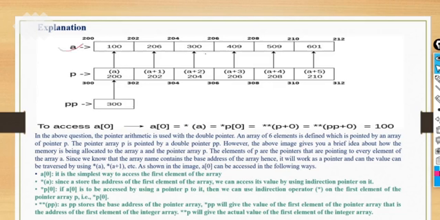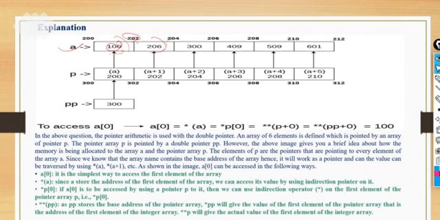So a consists of 6 values. The address we have taken is 200 for this particular location, then index value 202. Why have we taken 200, 202, 204? Because an integer has 2 bytes of memory location. For this slot, 2 bytes of memory, then plus 2 for the next slot, 2 bytes of memory, so 202, and next 204.